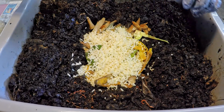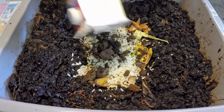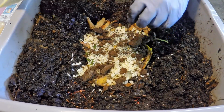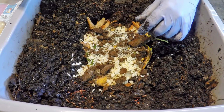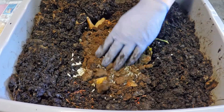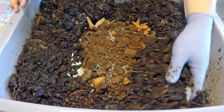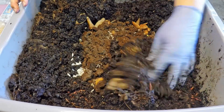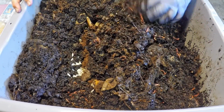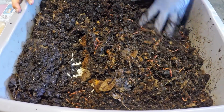And then my typical staple food item, some spent coffee. Pretty dry. Stuff must have been sitting around for a while now. Oh, whatever, that's fine. It is getting warmer though. The warmer months, I can imagine, is the reason the stuff is tending to dry out a bit now. Okay, so I'm just gonna go ahead and cover up the feeding zone again,